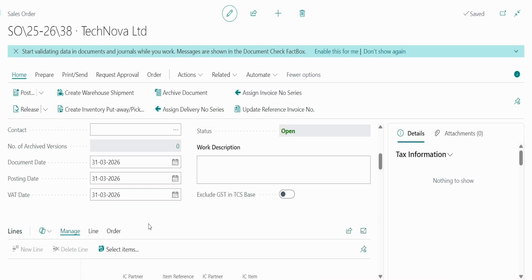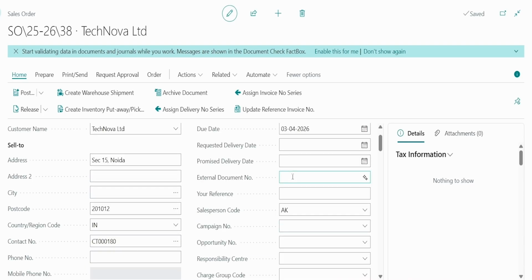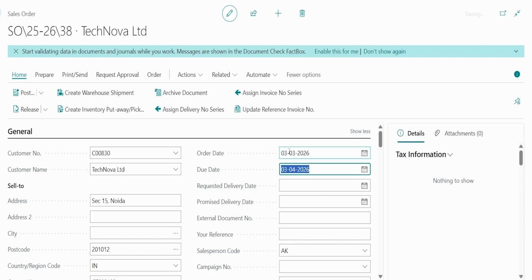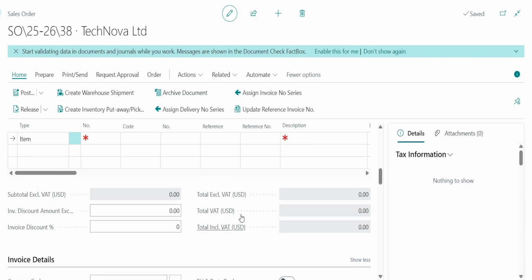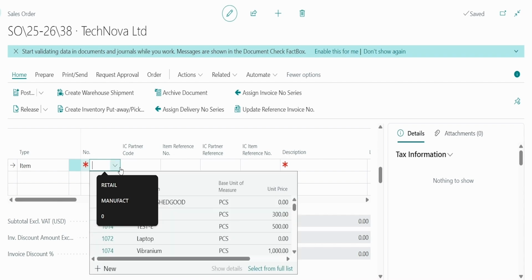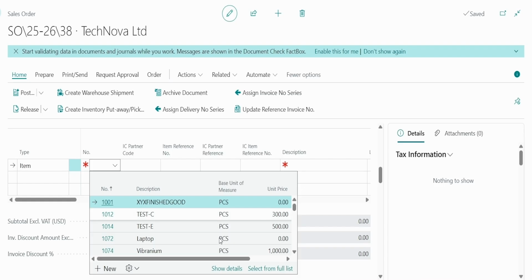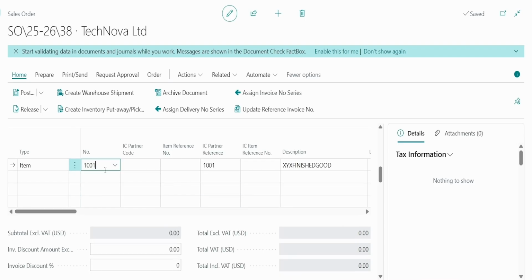Okay, select the date as per your requirement. Okay, I have selected the date. Let's fill up the item line. So I have selected the item XYZ finished good,